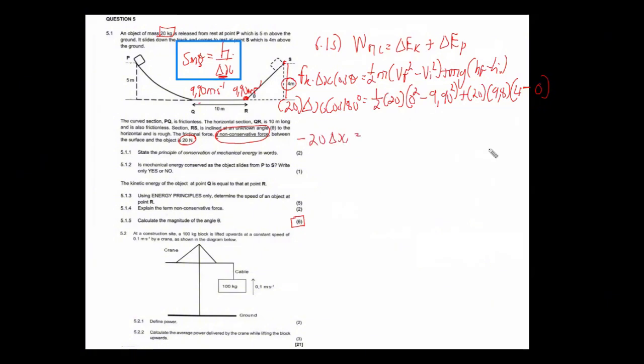You punch all of this into your calculator. That's 1/2 bracket 20 close, then bracket 0 squared minus 9.90 squared close bracket, then plus 20 multiplied by 9.8. Please punch this along with me and confirm if I find the correct answer. Right, so if you find this answer, that's negative 196.1. And then we can divide both sides by negative 20. And then our displacement delta x is supposed to be what? So we punch that. We are going to get